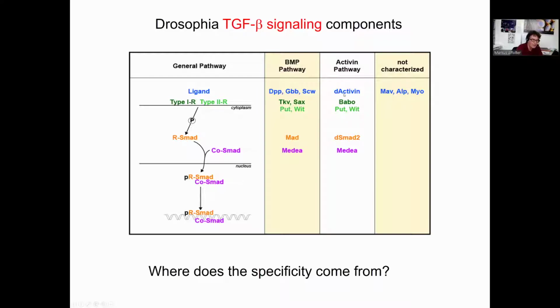There is an activin pathway, which then was called deactivin, Drosophila activin, because it was found after the activins were found in vertebrates. So this name was then co-adopted from the vertebrates, while often it is the other way around. But here it was cloned after the genes in mammals were characterized. And in the meantime, Maverick,